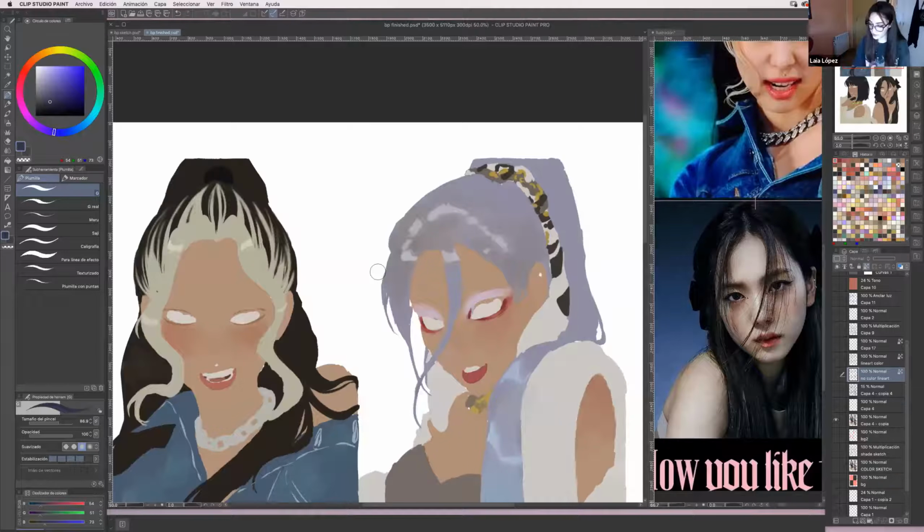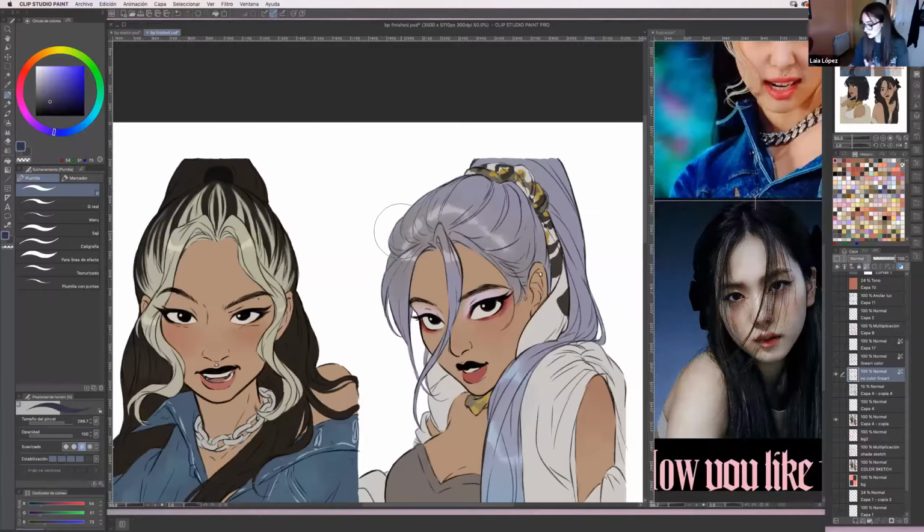And it doesn't matter if you color anywhere else because the layer is blocked. So you're just gonna be coloring wherever there's liner. And let me show you, if I unlock the pixel thing, you're just gonna be drawing on everything. So you just gotta make sure you're blocking the liner layer.